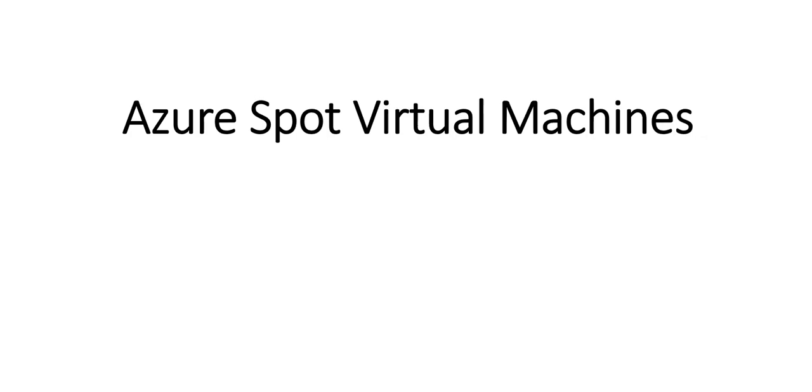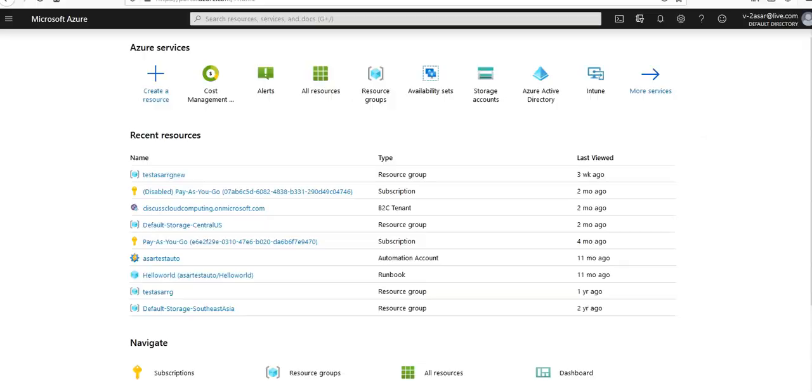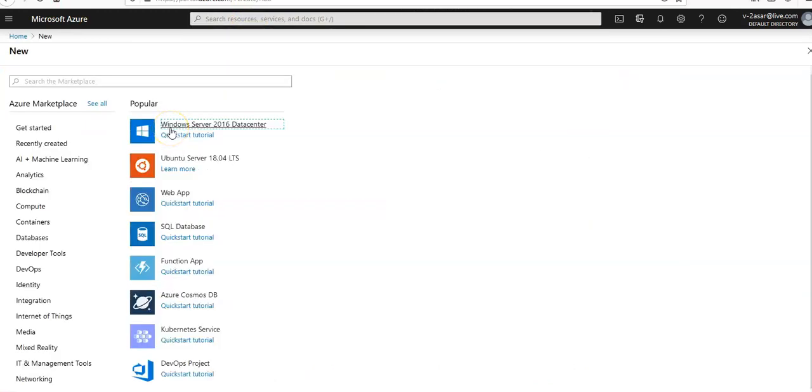And as far as the deployment of Spot virtual machines is concerned, it's very easy to deploy and manage. Deploying a Spot virtual machine is similar to configuring and deploying a regular virtual machine. For example, let me just log on to the portal and show you. I am logged on to the portal. In the Azure portal, we can simply select Azure Spot instance to deploy a Spot virtual machine. So if you click on Windows 2016,